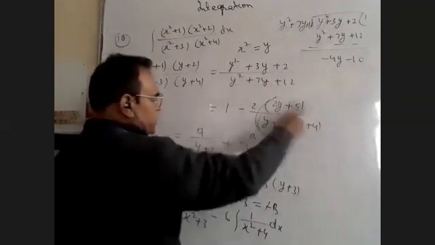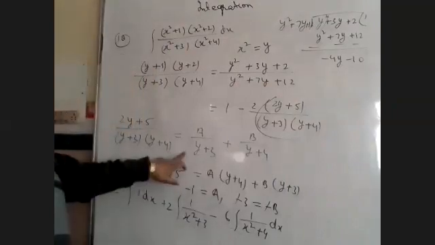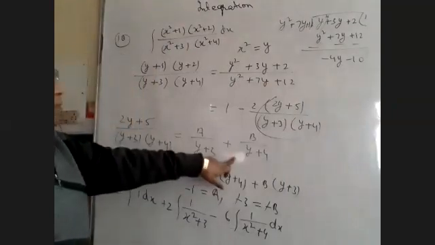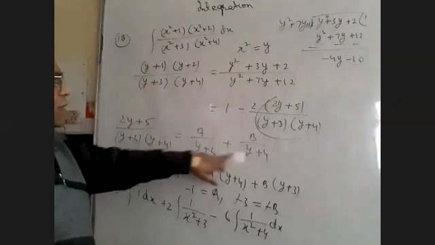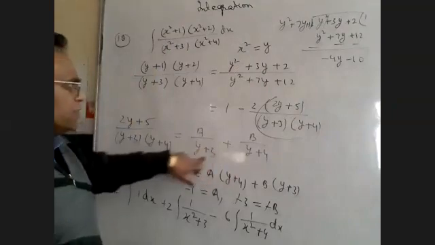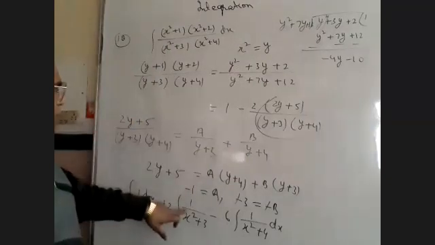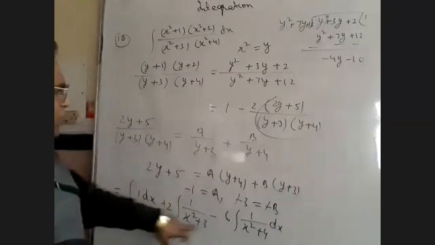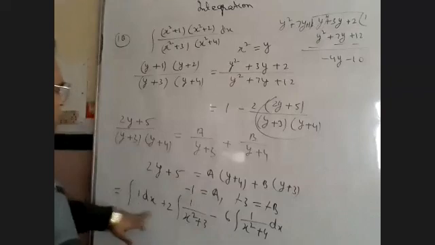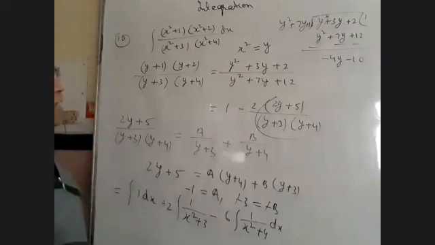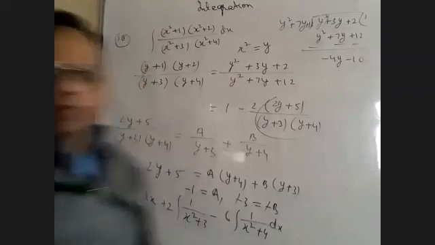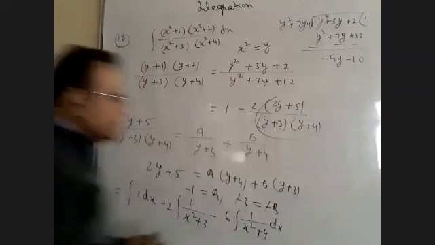This is an algebraic expression, we have to convert it into two parts, that is known as a partial fraction. After getting this partial fraction, we put again the value of y is equal to x square. Okay, after getting the value y is equal to x square, we get this form. Now it is integrable. We can now integrate easily. Okay, I am writing here the integration.